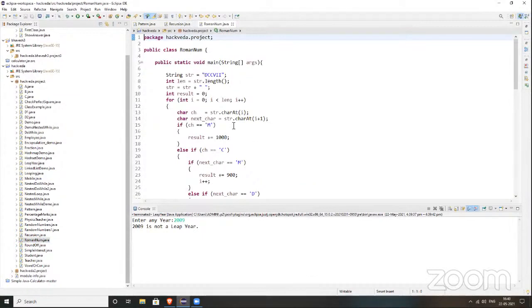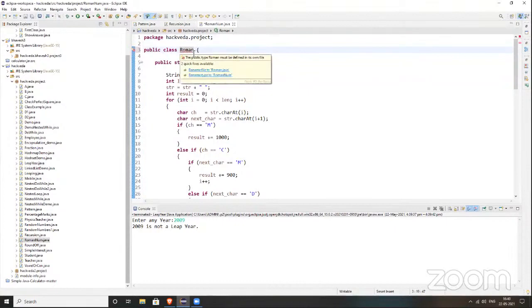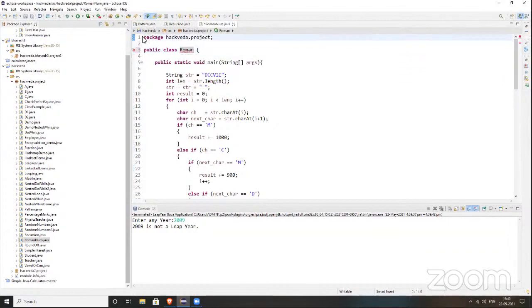Okay, try to change it here. We will change it to Roman. Rename file. Comment the package, and see what they suggest. Rename type to RomanNum, or file to Roman.java.